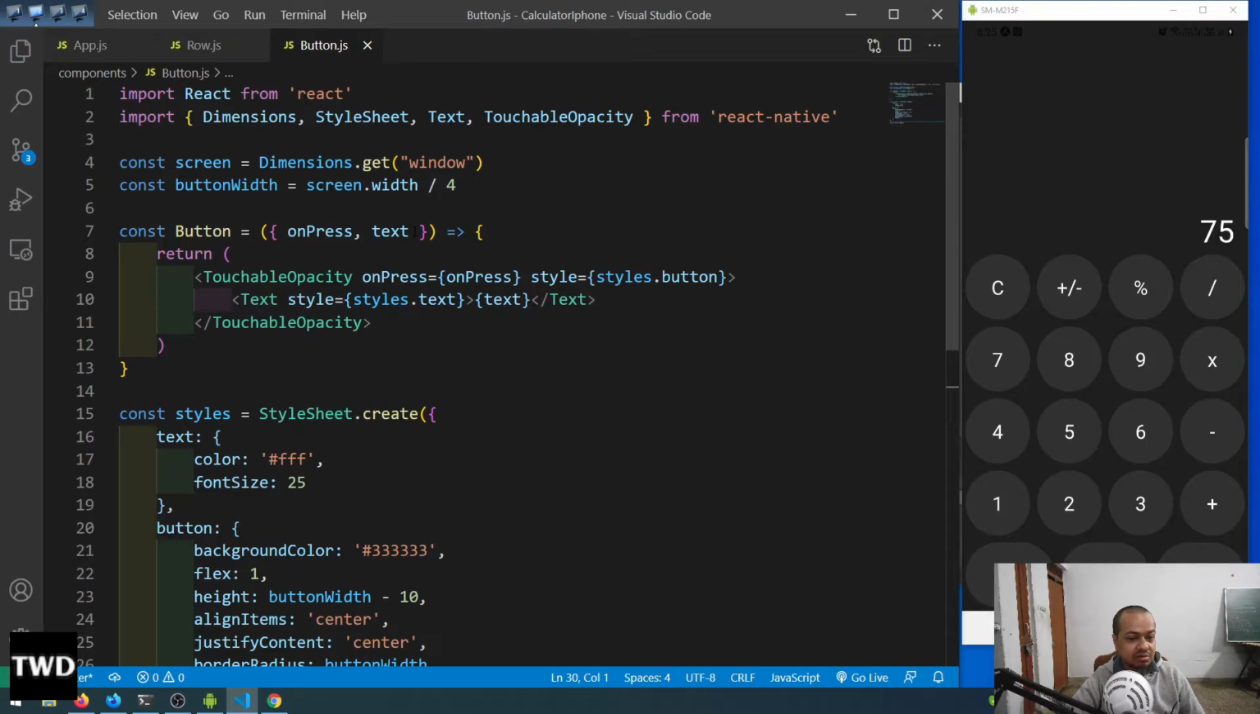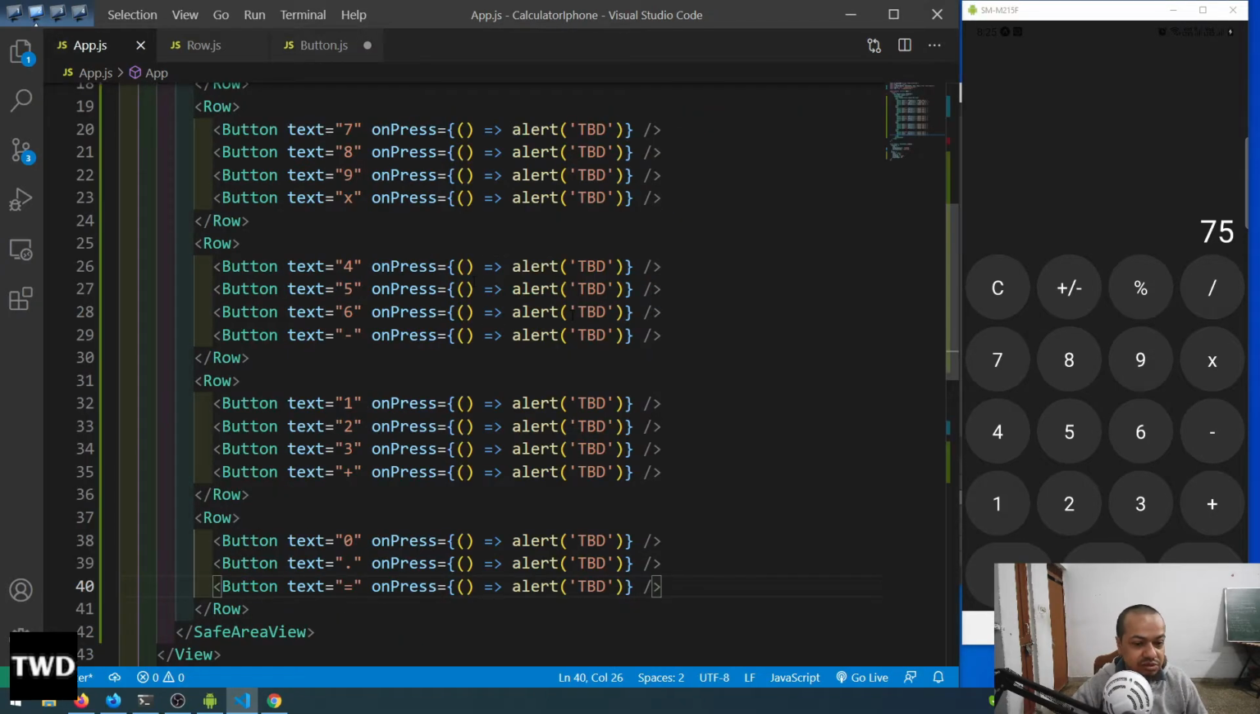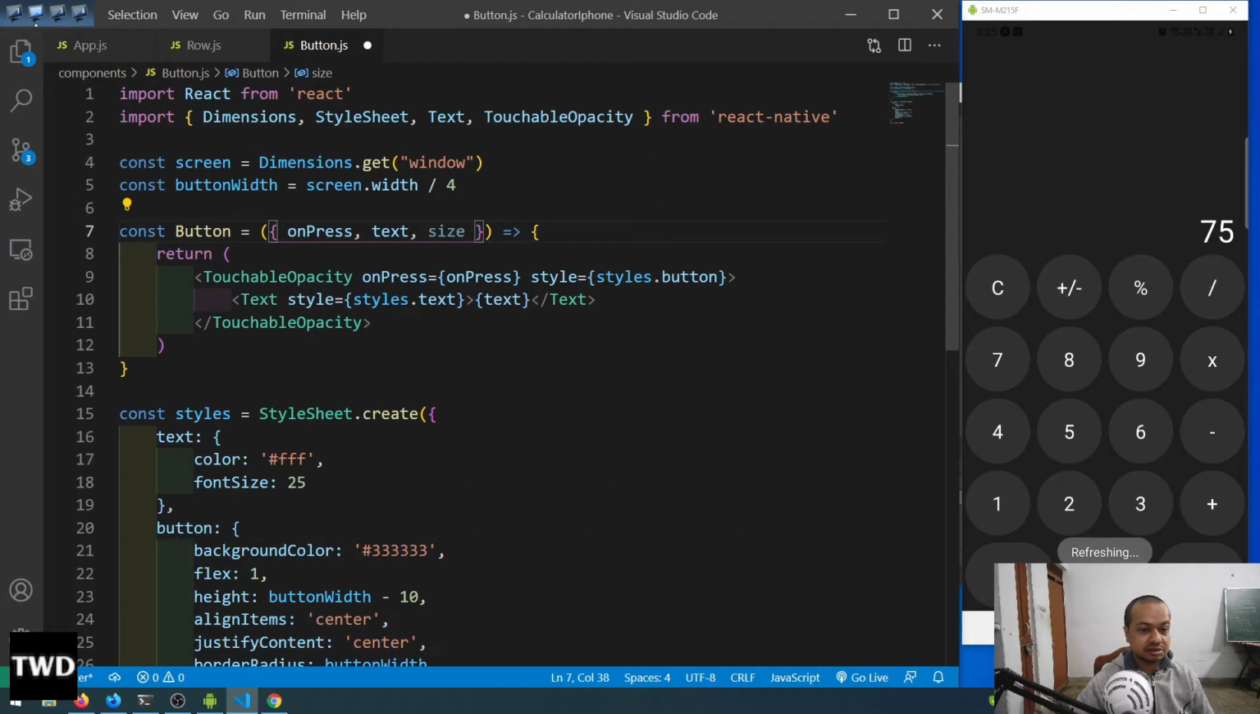we will have another prop known as size. Okay, size will be there, and this size we will be passing it from the app.js for 0. So where is our 0? Yeah, so this size prop, size equal to double. Okay, size is double, and this size we are bringing it here, and now